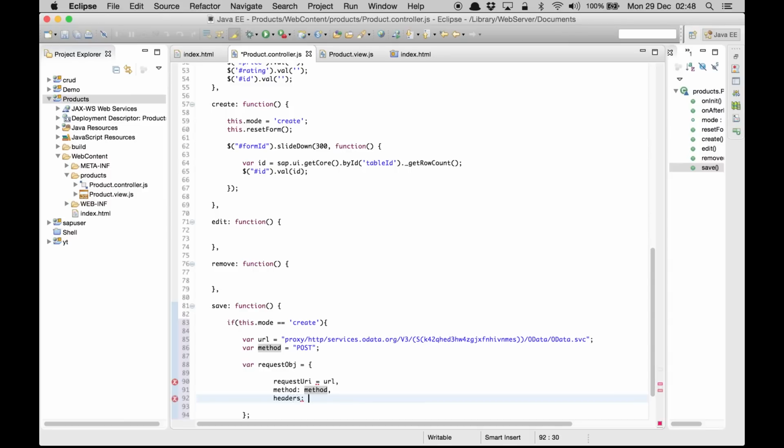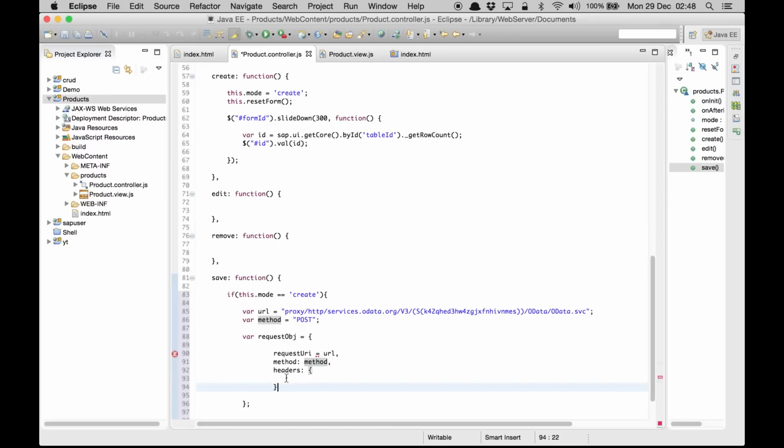This is important. You can actually save this part of the script somewhere in a document so that you can use it again and again. This is going to be a column. But in this case, I'm just going to write those headers one by one. The first one is X requested with, and we are requesting with XML HTTP request. So XML HTTP request. The next header is going to be the content type,